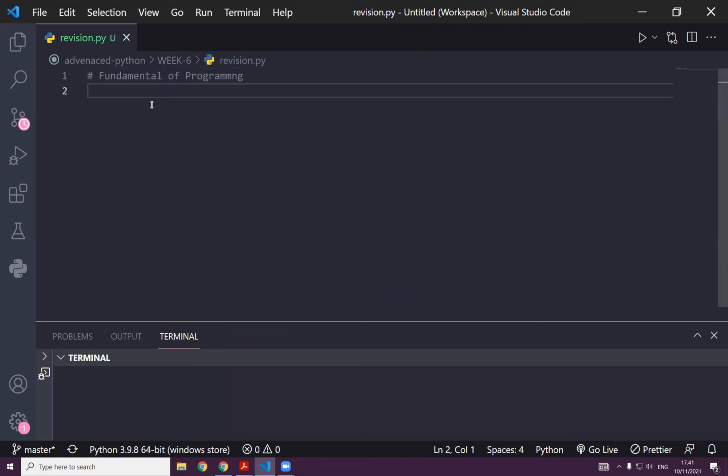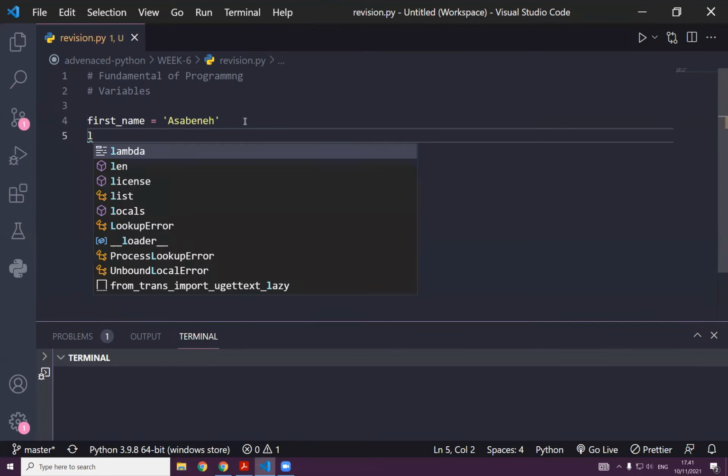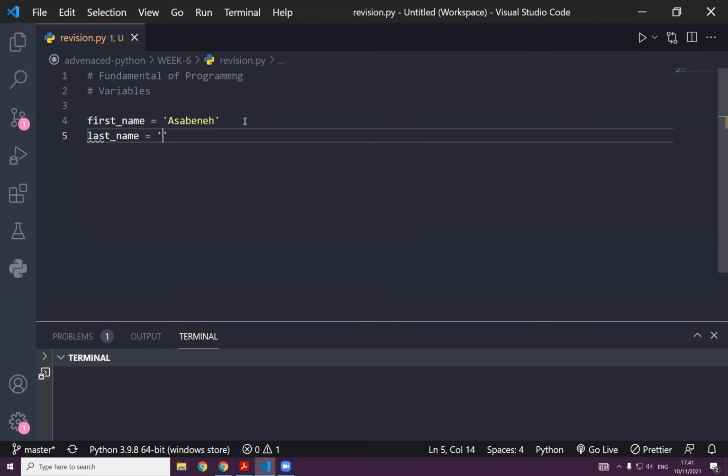So in any programming, I think the fundamental is actually the variables. We have to know the variables, how to declare variables, and also how to create very good variable names. Do you remember mnemonic variable names? For instance, when we say first name, it's so clear that we're about to declare someone's first name. It could be, for instance, my name. And if we say last name, and I can say my last name,